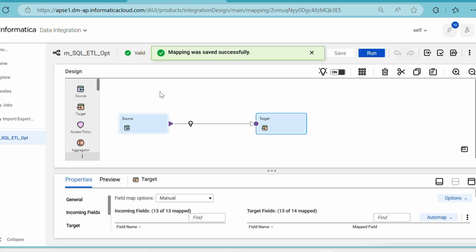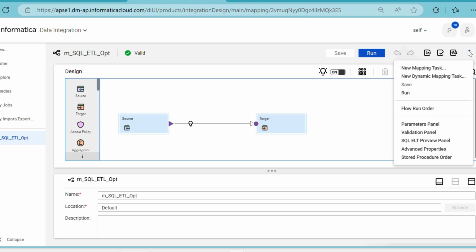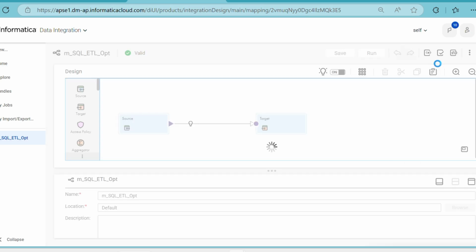Okay, this is a simple mapping. What I'm doing is just loading from source to the target. When I create a mapping task for this,